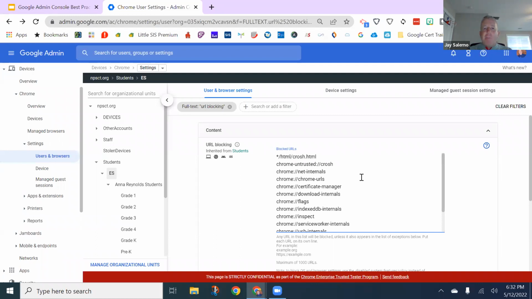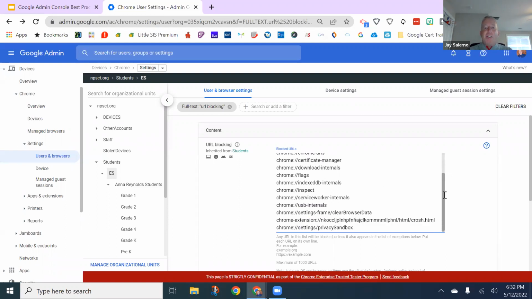What we do here is we block any Chrome URLs that we need to block for all students, because many times some of the stuff that they're getting into, or ways they're bypassing firewalls, are through here. We're also, one of the biggest things, not allowing them to ever clear their browser data. Through a separate product, we have the ability to see their browser data, but we don't want them to have the ability